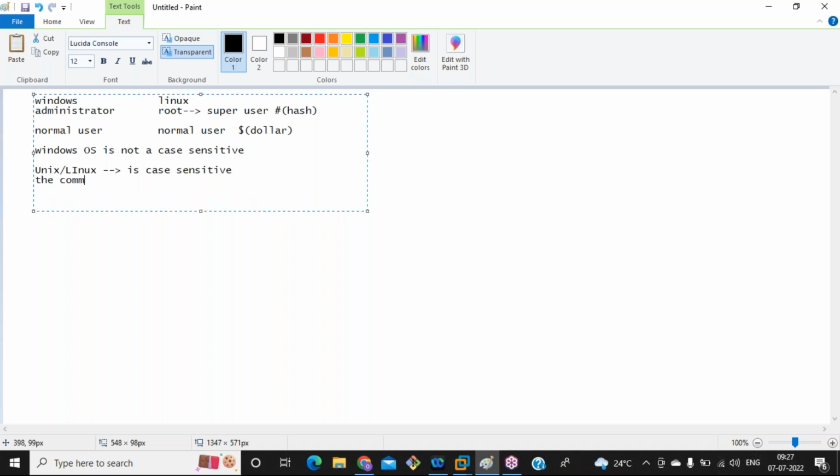The commands, all the Unix commands should be lowercase. Cannot be uppercase. It won't accept the uppercase. Let us, for example,